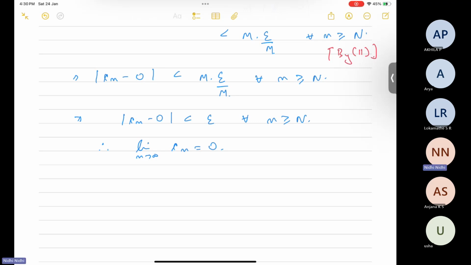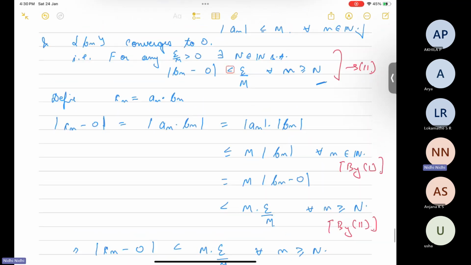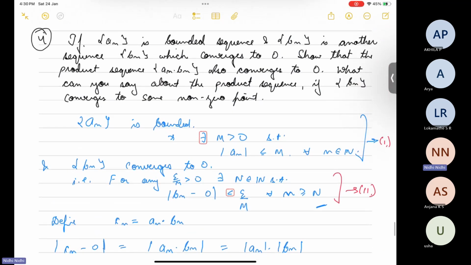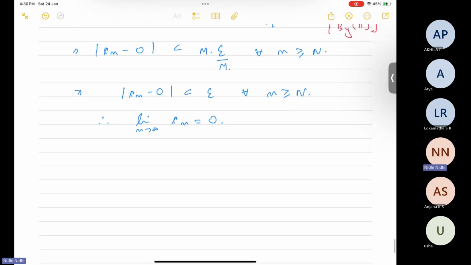Not necessarily to the greatest limit point. The thing is that in the case when Bn is converging to anywhere except 0, you can get anything. For example, the sequence An Bn might not even be convergent. So we'll look at some example. I would like you to look for other examples as well. Now, if I take